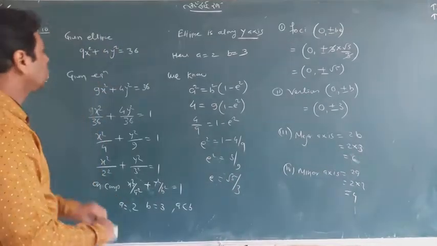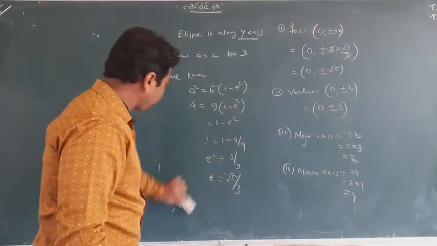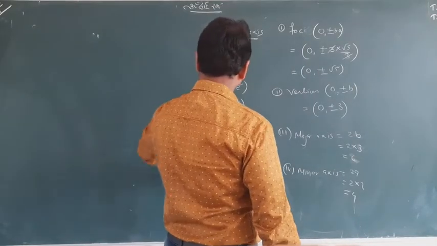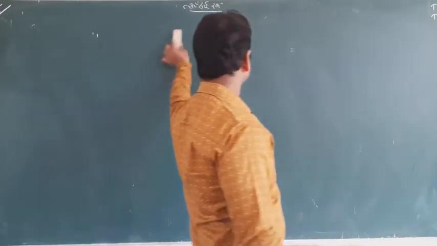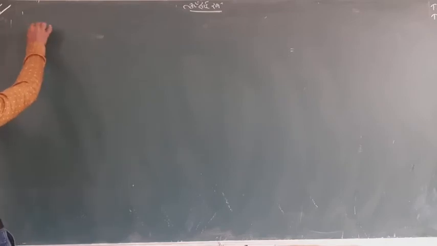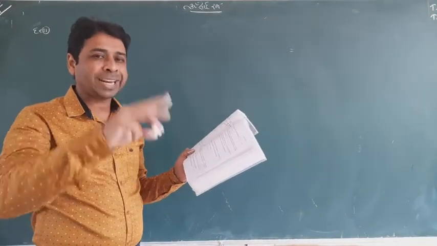So okay. Now let me have this example. I will give some more examples. Look at example 11. I have a question. You can see it in the book also. Example 11 says, find the equation of the ellipse. Now look, it's the second type of question.